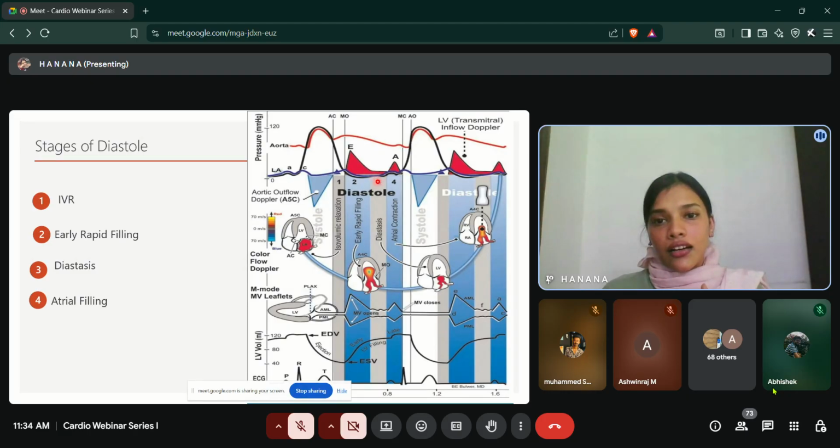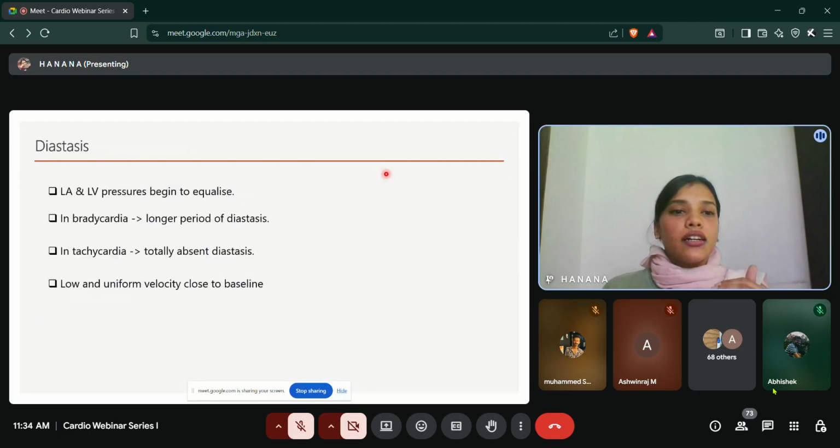But still, left atrial pressure is taking a little step ahead, so the filling is happening. The red flow denotes the filling, so it is actually a plateau stage where filling is happening. So LA and LV pressure begin to equalize, and in bradycardia, it takes a longer time. The longer time is reflected in the diastasis time. So a longer period of diastasis will be there,